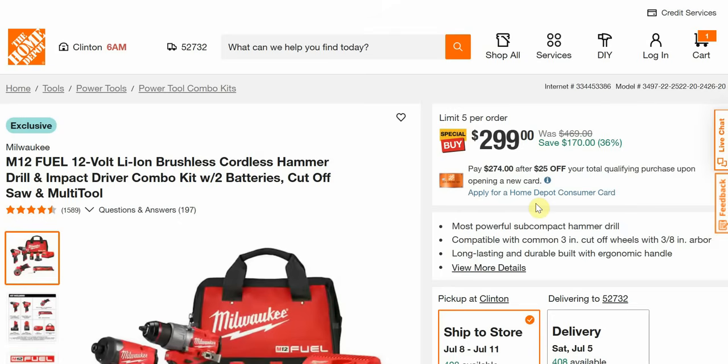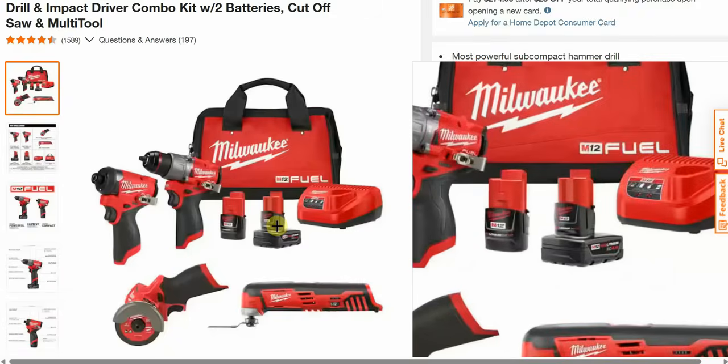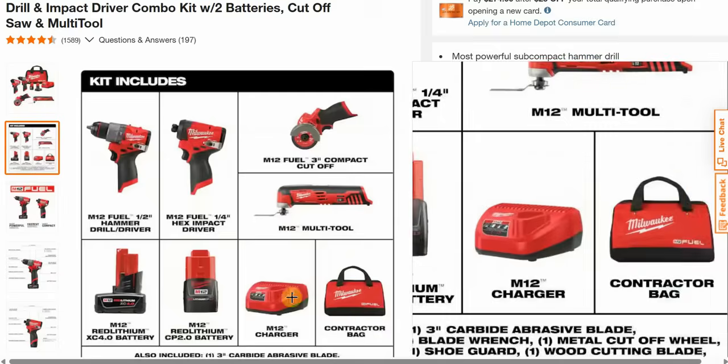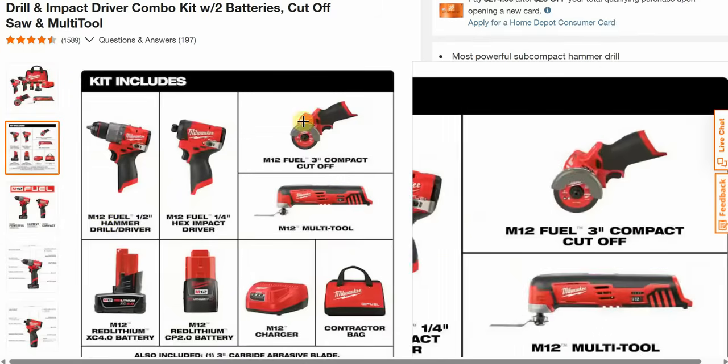Milwaukee M12 Fuel brushless cordless hammer drill and impact driver with two batteries, cutoff saw, and multi-tool. Normally $469, going to be down to $299, so you're saving $170 on this, but we're getting a bunch of Fuel tools, brushless tools. You're getting the big 4 and the little 2 to go with it. Here we go, you got a little breakdown here. You're getting the 4, you're getting the 2, you got the charger, the bag. So brushless Fuel tool on the hammer drill, brushless Fuel on the impact driver, brushless Fuel on the cutoff tool,